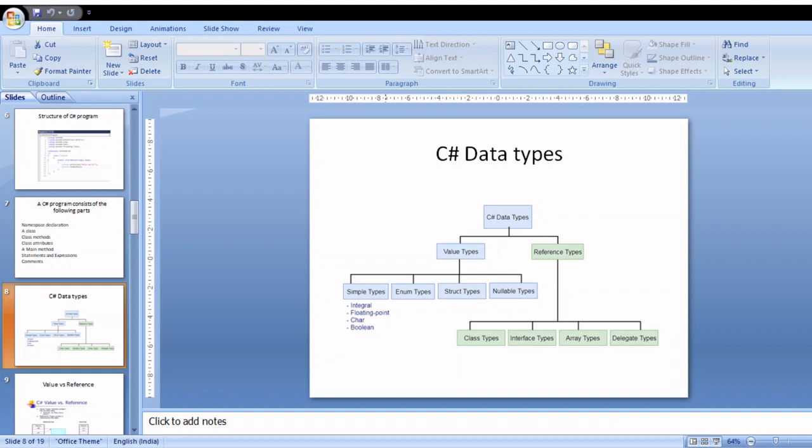But here in the C# language these are considered as data types themselves. So under integral type you have two categories, signed integer, unsigned integer. Under signed integer you have four data types like int, short, byte and long. Under unsigned category you have byte data type.